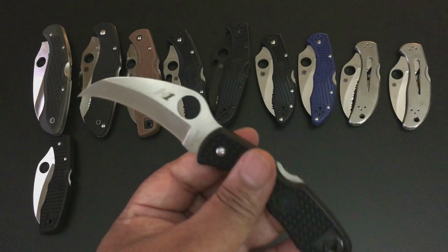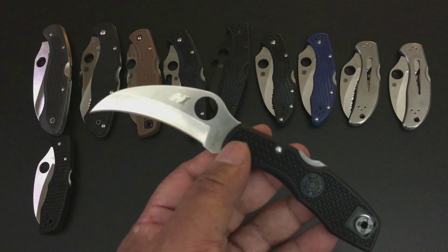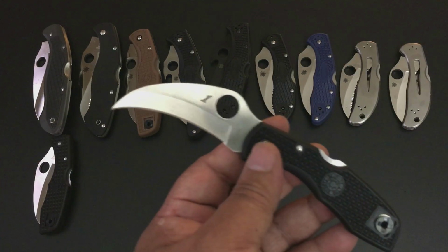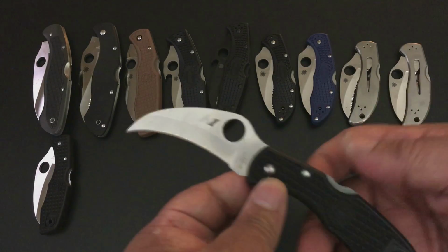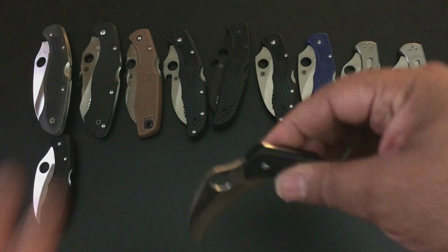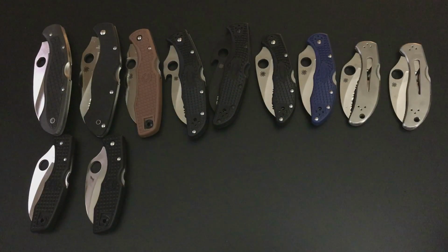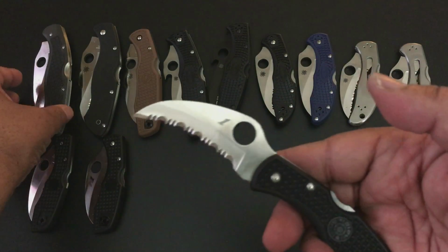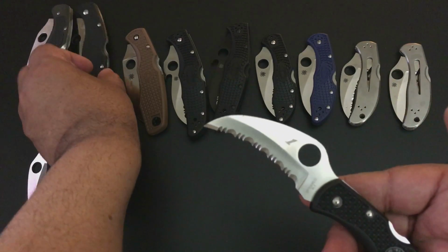Okay? The Salt series, as you know, H1 is 100% non-rust, 100% rust-proof. It will not rust. And so I said, this is just like having a Merlin. So I'll get that. This is the plain edge version. And yeah, the sickness comes in, and I had to get, of course, the SpyderEdge version. Again, Hawkbill blades, that's what we're going through. This is one of the